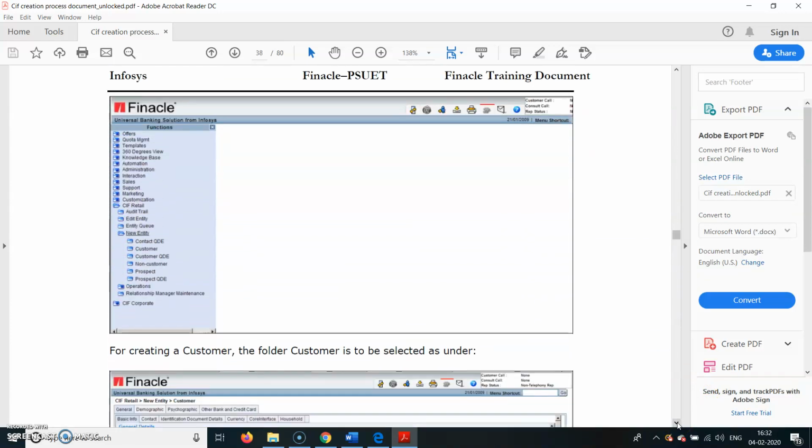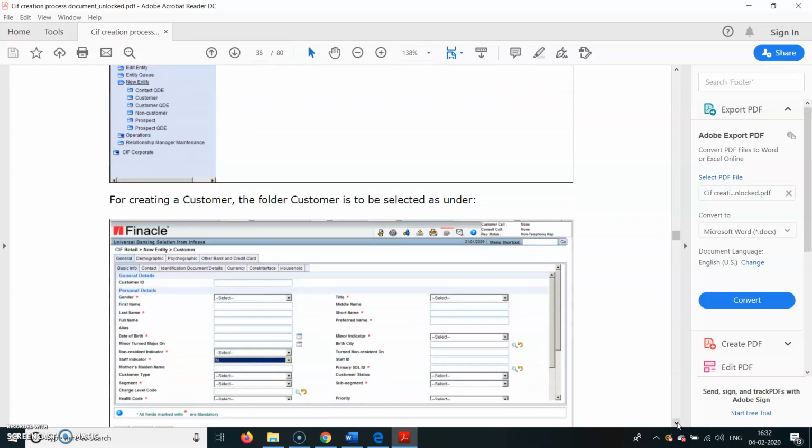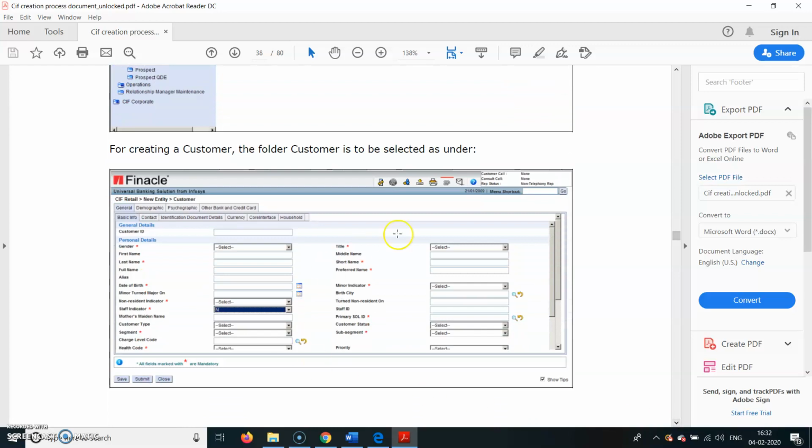So here you can see contact, QDE, customer, create, non-customer, prospect, QDE. So next screen comes on this here. This will be the screen when you open the account. You can see here that this is the customer ID that will be generated after we have entered all these fields